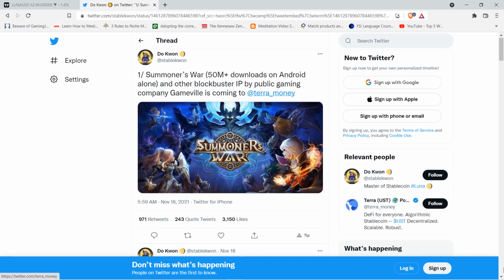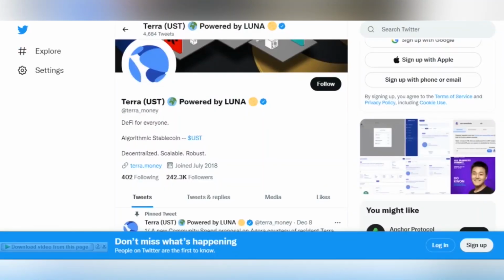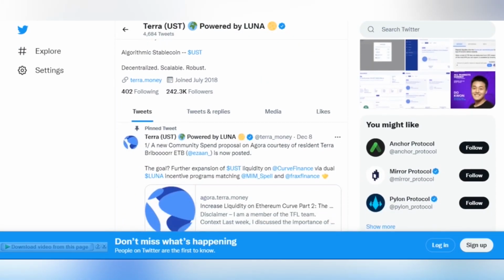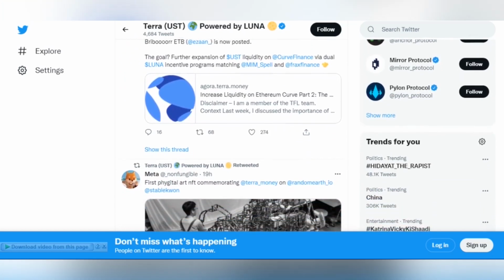And the reason that this is important is because Terra's core business is about being a stablecoin peg to local currencies. Their local stablecoin for the dollar is UST. So the letter U, letter S, letter T. When you're using the Luna token. And so that technology is being used in the games, right? People get paid to play. Summoner's game is a paid-to-play game.